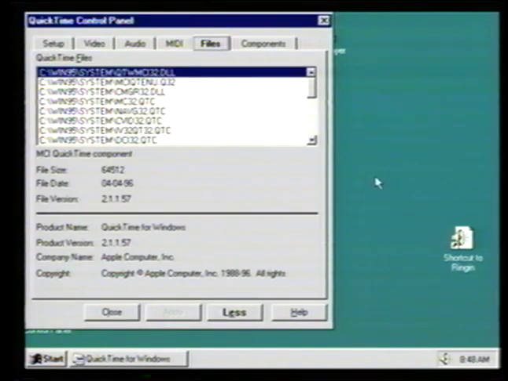Also, there are many files that come with QuickTime, and occasionally one gets missed. Here you can check and make sure you have the latest. This is pretty specific information that a technical support representative would know exactly what to do with. And also, if you have custom codecs or custom data handlers with your application